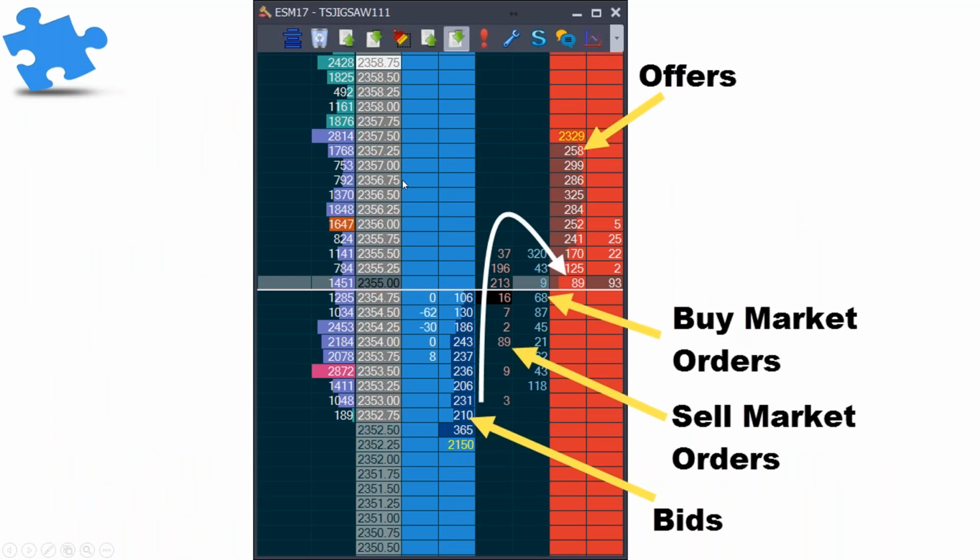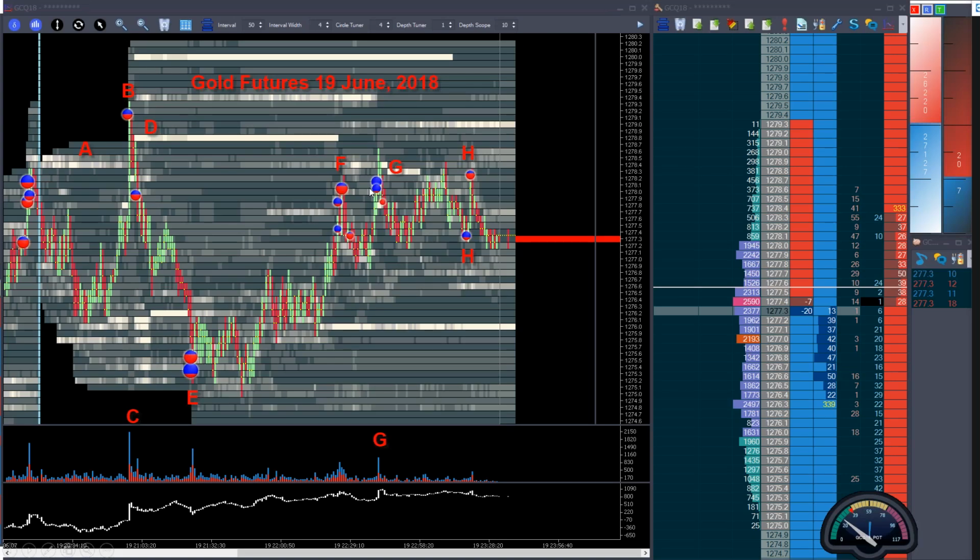Now, we haven't got time to go over all the aspects of order flow, so let me just walk you through one example because we are running short on time. Just one chart. This is the gold futures, and this is yesterday. The chart we're looking at is the Auction Vista chart, and the grey background is showing us basically